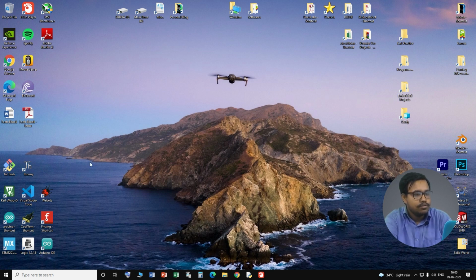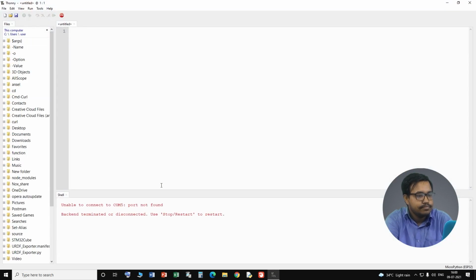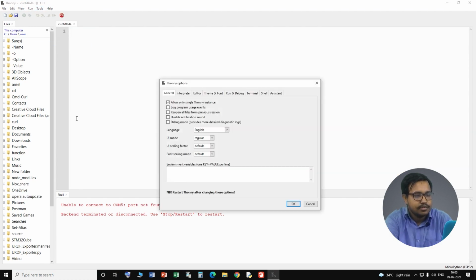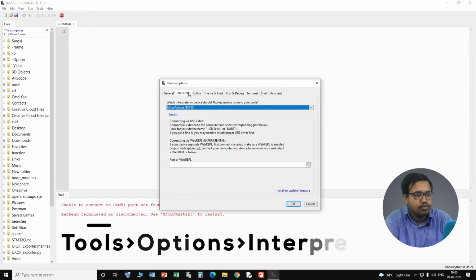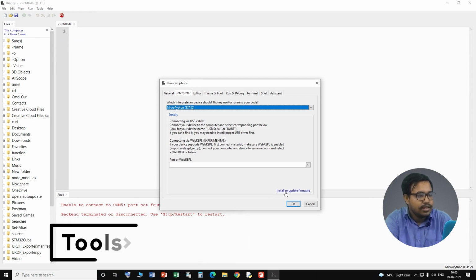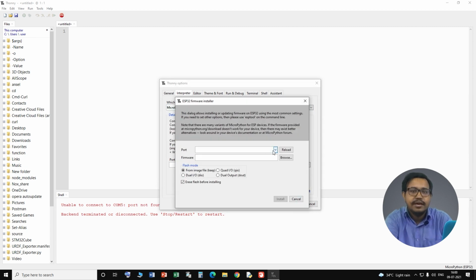Now to upload the MicroPython firmware, open the Thonny IDE, go to Tools and then go to Options. In Options, go to Interpreter. Then click on Install Firmware. Now select the port. In my case, it is COM3.